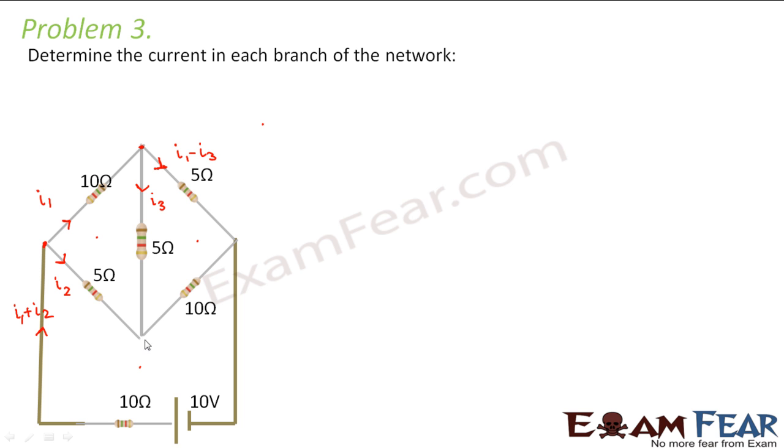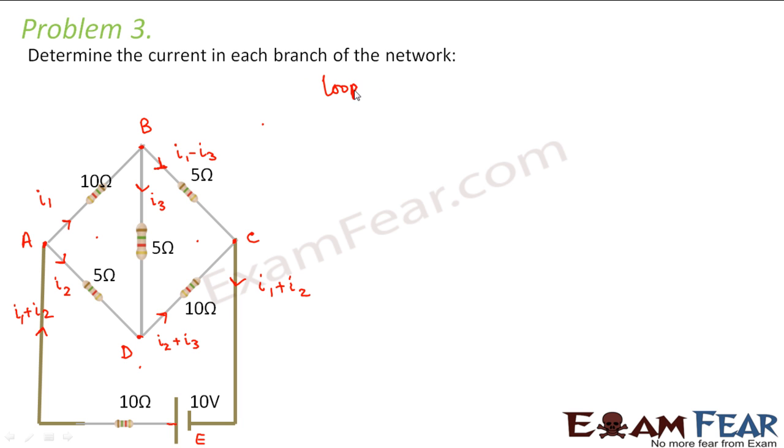What happens here? I2 comes here and I3 also comes here. So how much will flow along this direction? It will be I2 plus I3. This I2 plus I3 and this I1 minus I3 will combine here and form I1 plus I2. So this I1 plus I2 started from here and I1 plus I2 came back to the battery, right? So my current distribution part is over. Now let me name the circuit. Let us call this A, B, C, D and let us call this E.